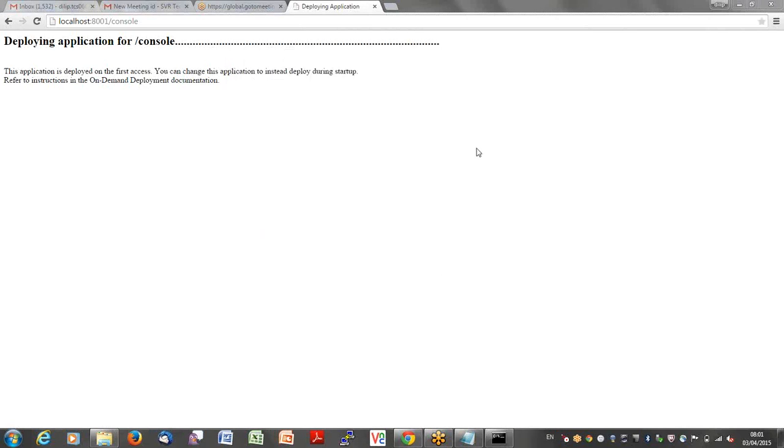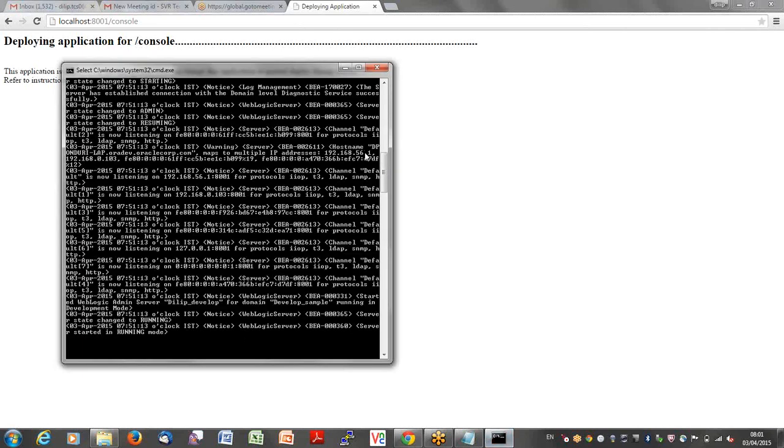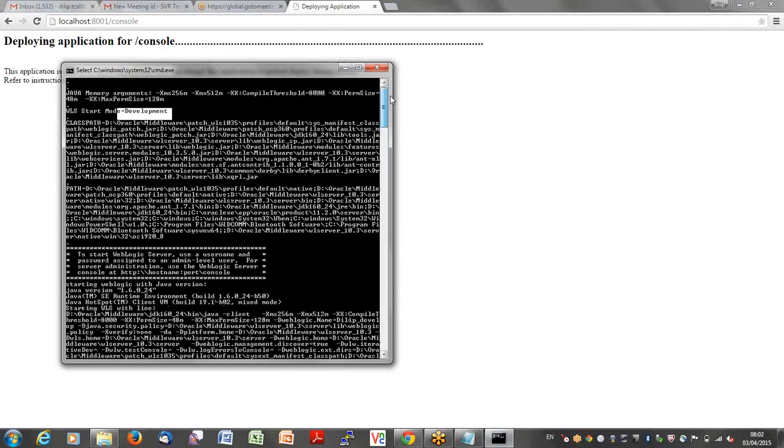Okay. So you can run only up to 14 JVMs here in your case, because you can't consume the complete memory for WebLogic only. If you give 16, at one point of time your computer gets crashed. Okay, next. So this is called on-demand deployment, and you could see here the server is running in development mode.